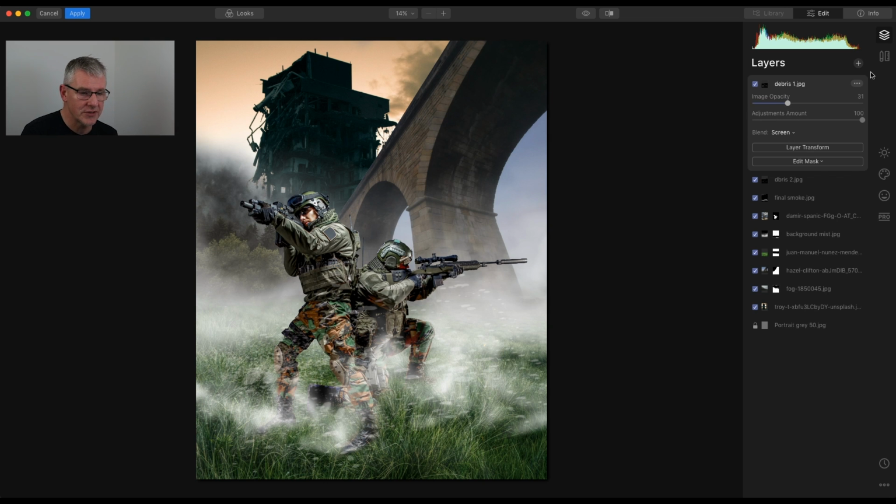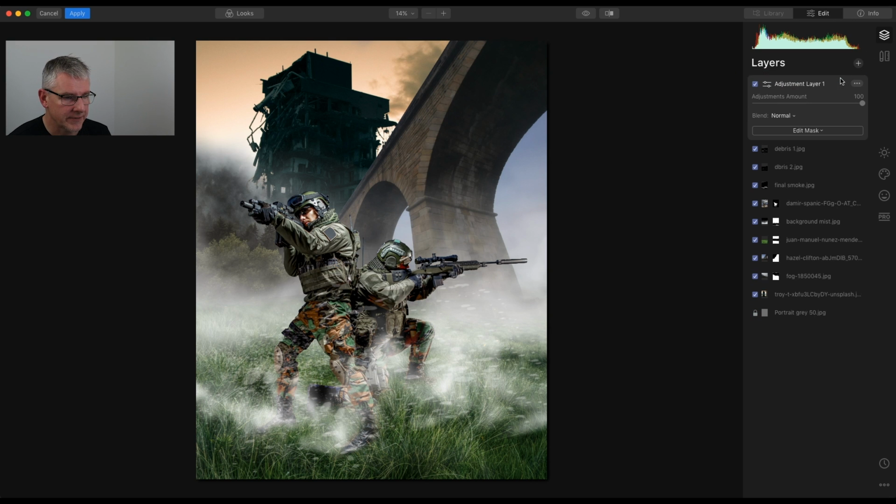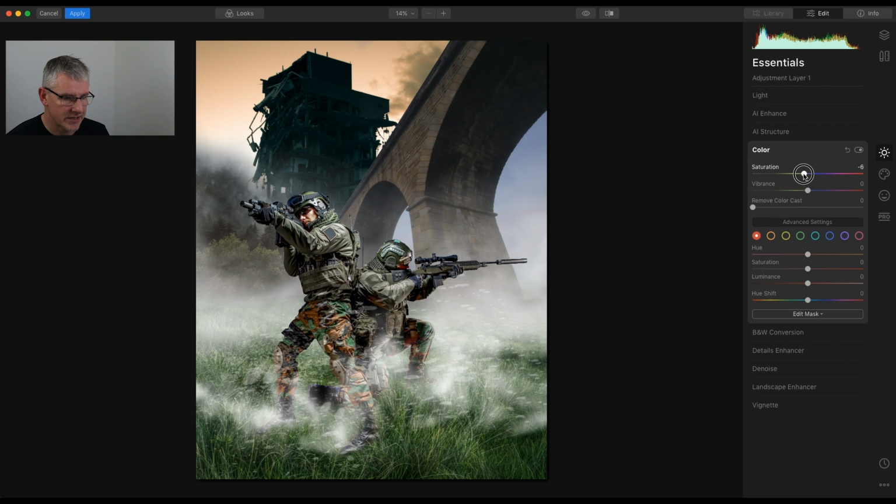The next thing we're going to do, that's everything in, you can see all the layers there. The next thing we're going to do is we're going to tone this image. So, first thing, add new adjustment layer. In this adjustment layer, I am going to play with the saturation of the entire image. Going to bring that back. I am also going to go in and play with the greens. And I'm going to bring the luminance of the greens back, saturation of the greens back. Also going to get in to play with the oranges here. I'm going to pull the saturation of them back,